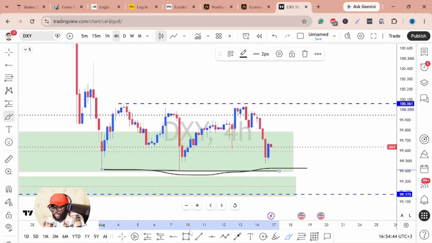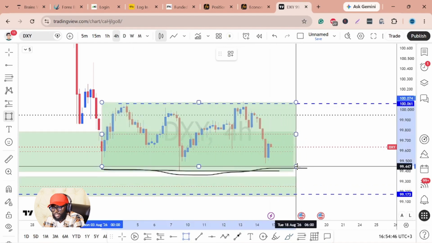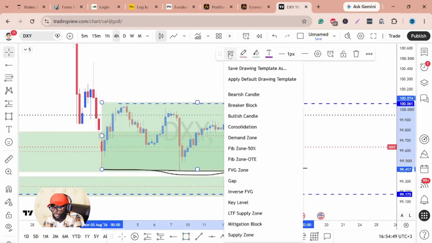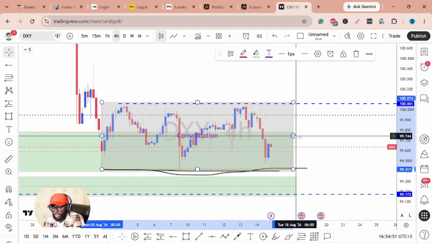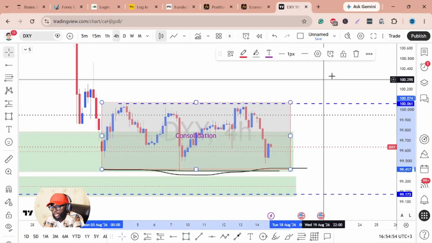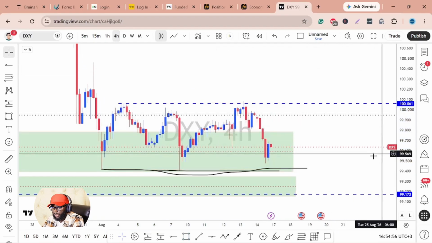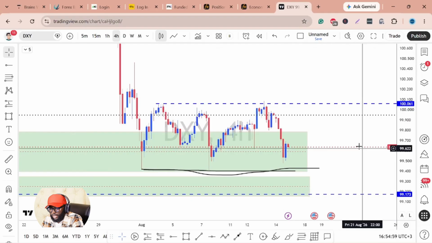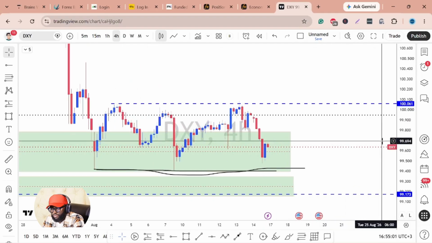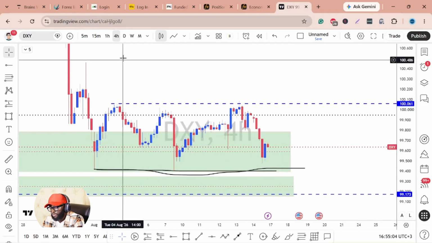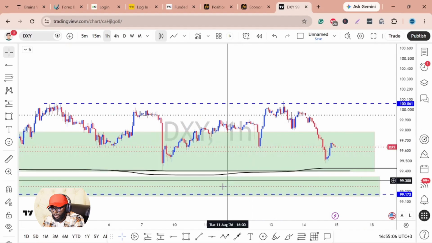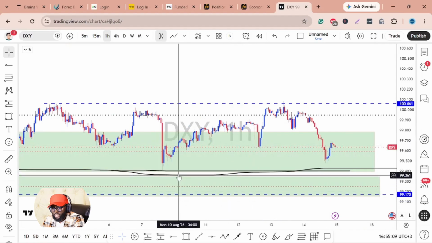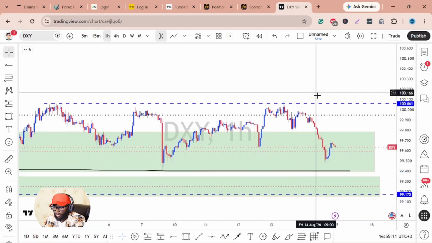So therefore, it's as easy as saying that the DXY is now in a consolidation, and we cannot make so much of a decision, especially if you don't have any position on any dollar pair. I'll be showing you what I was trading on the DXY last week, and also during the live CPI, we had an amazing trade, although we were stopped out later on at break even because price did not have momentum to push up on the Euro USD.